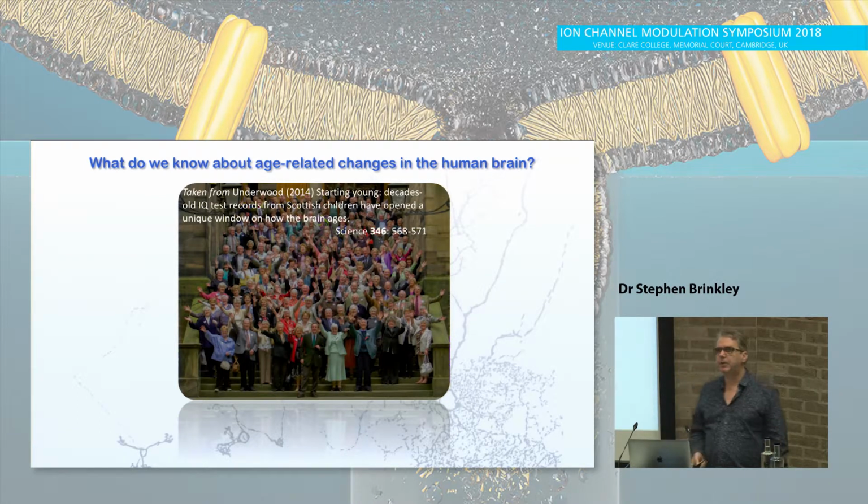And this, we go back to human brain studies. This is a really good one. This is the Lothian Cohort study. Started when these individuals took their 11 pluses just after the Second World War, and they've been tracked ever since throughout their lifespan. Studies like this have shown great diversity in cognitive abilities in this group. Some age well, some age badly.